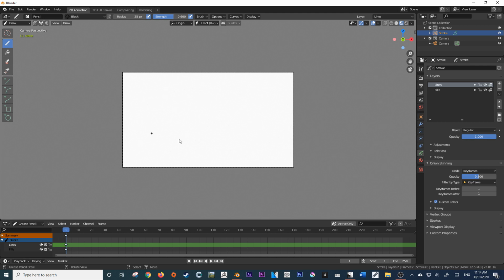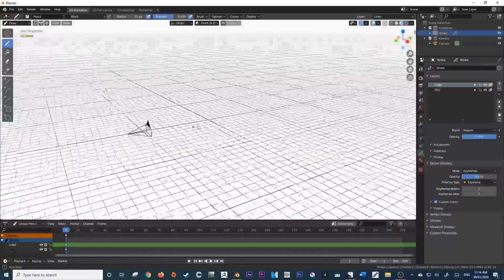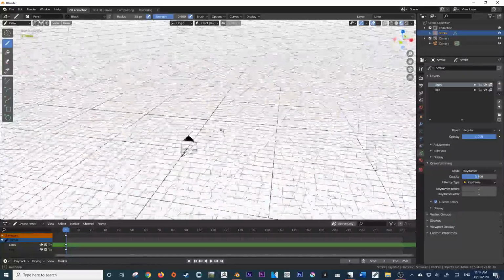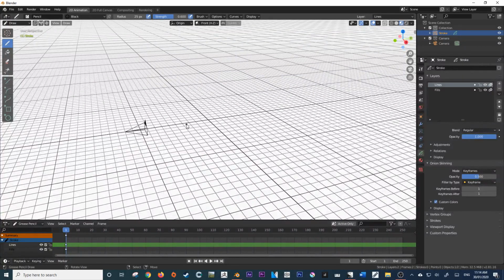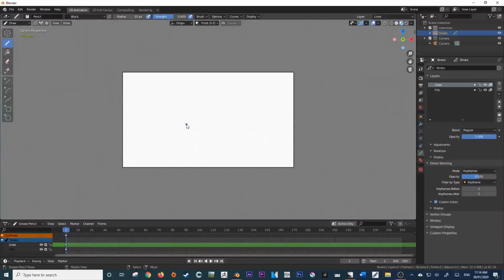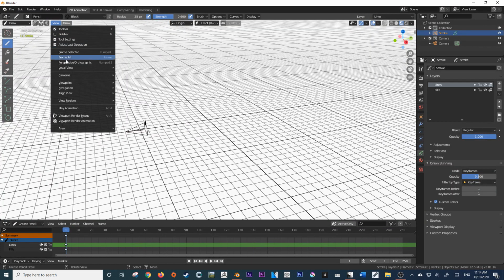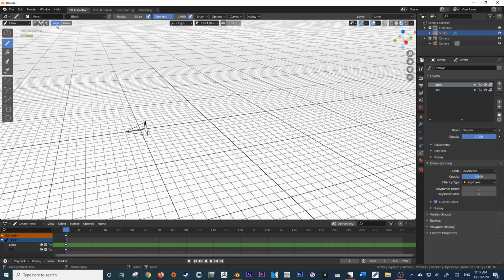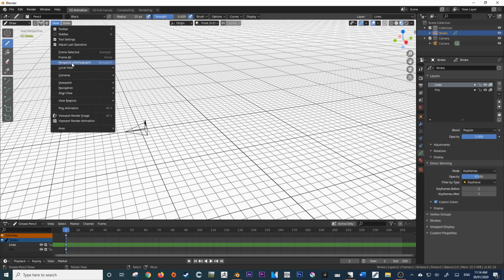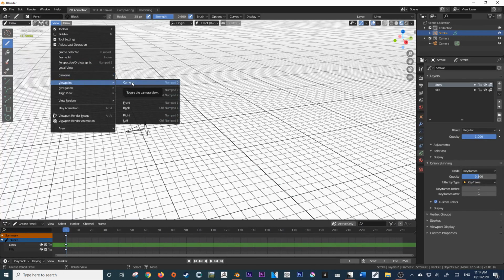One of them being the camera. The camera is still very much a 3D camera. So if you accidentally, for example, do this with your scene and you want to know how to get back in, well, first things first, you can either press 0 on your numpad, or come down here where it says viewpoint. So another way you can do it is come up here to where it says view, come down here to viewpoint and set it to camera. You'll also notice that it's got the shortcut key next to it.